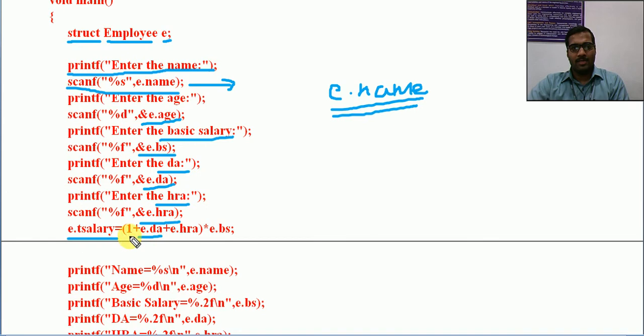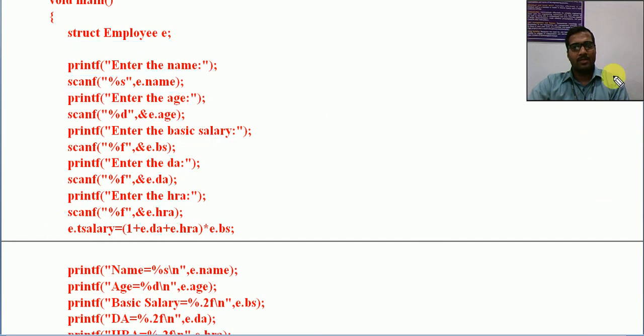Okay. So this particular employee's total salary is calculated as 1 plus that employee's DA plus that employee's HRA into that employee's basic salary. So this reading is over, the salary calculation is over. Then next one,